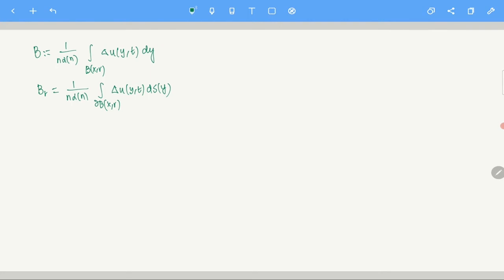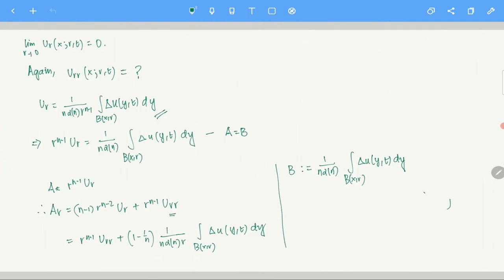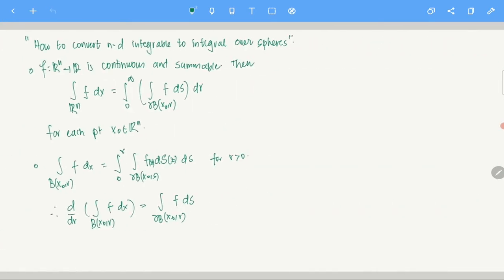Now let us come back to this. Sorry, I have to use so many slides because the calculations are big. I have u_r which looks like this, and I wanted to find what u_rr is. u_r is given like this. So essentially I am taking u_r, multiplying by r to the power n minus 1, and differentiating both sides. I have a, I have b. Now you put it together. I want you guys to do this yourself; there is nothing to do here.